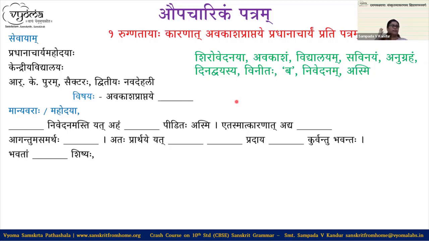Okay, Shiro Vedanaya, tritiya karakam, karana karakam. Avakasham, dwitiya vibhakti, karma karakam. Vidyalayam, dwitiya vibhakti, karma karakam. Savinayam anugraham dinadvayasya vinitah nivedanam asmi. So only one verb we got here. Which is that verb? Asmi we have got, right? So asmi means what can be